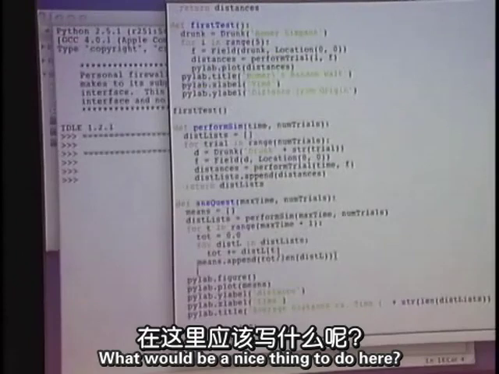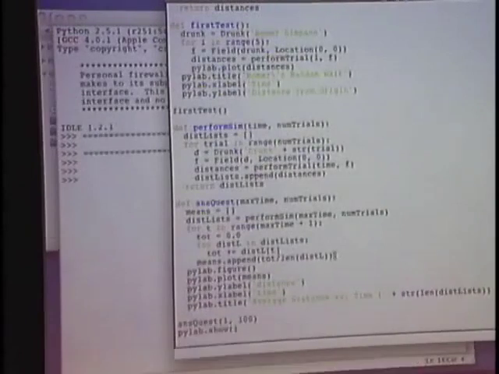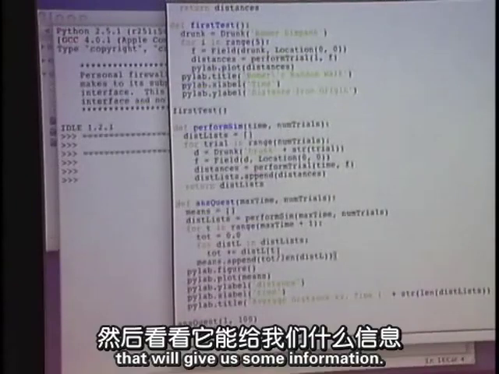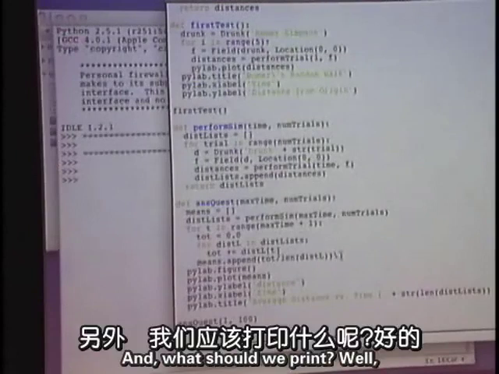What would be a nice thing to do here? Well, we want to go somewhere halfway through the program, print some intermediate value that will give us some information. So this might be a good place.